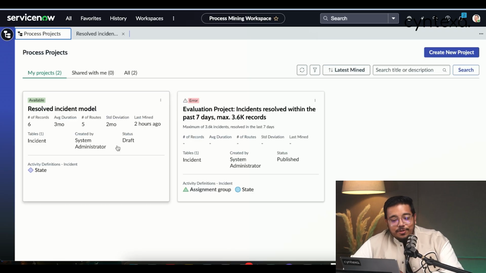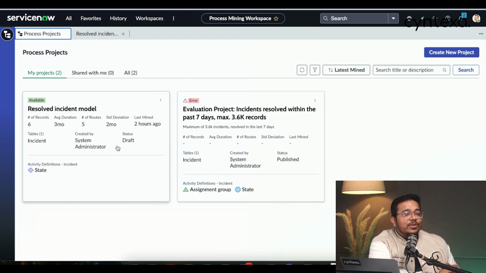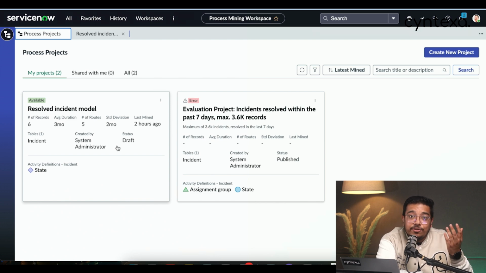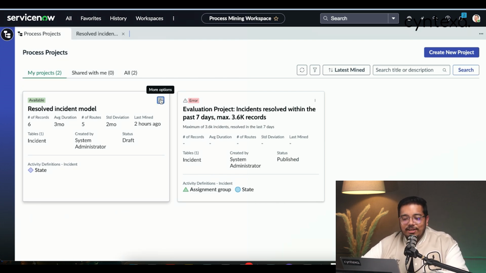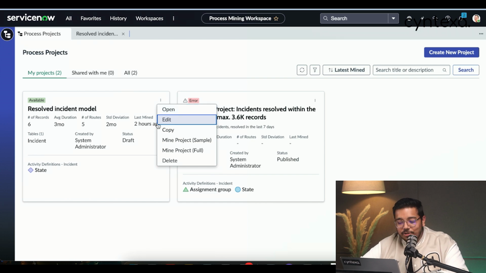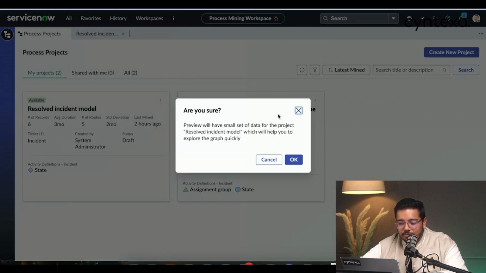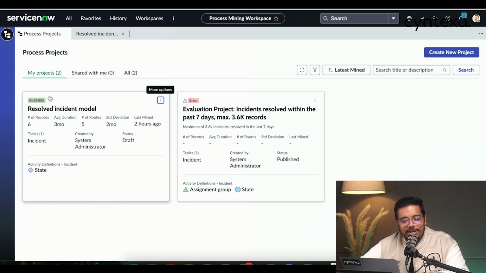So this is process mining. I talked about it. Process mining is the capability where we have a complete history of how well our processes are functioning, and we have a complete understanding of what's happening, how much time it is taking, where we need to improve, how we need to improve. So how do we do that? We can create process mining. So over here we have done process mining,